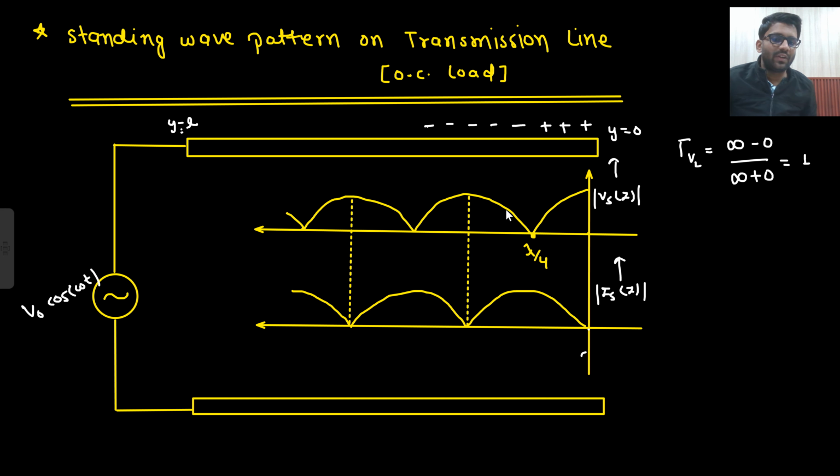Let's just say the length of the transmission line is still lambda by 2 only. So some positive and some negative will be there. If the length is still lambda up to this point, then some negative, positive, then some negative. This kind of thing you will be getting, right? Now